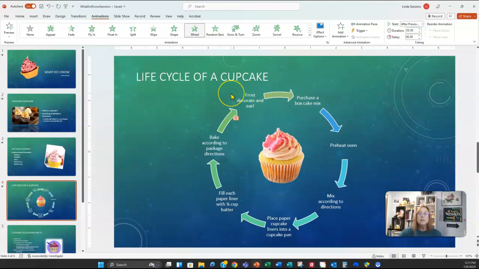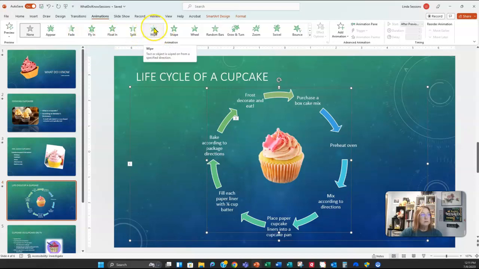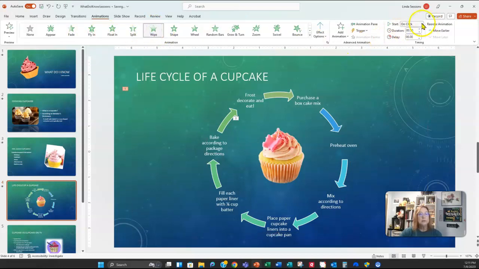Now, I can also add an animation to my SmartArt. So if I click on my SmartArt, I have it selected now. I can also add, let's do a wipe animation on it too, and have it go with previous. With previous means the effect that the SmartArt is going to take is going to happen at the same time my cupcake graphic is going to go. So they're both going to go at the same time, so I want the duration the same on both of them. And if I go to preview,